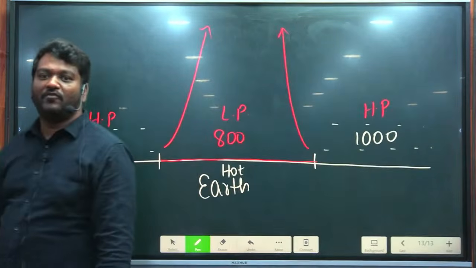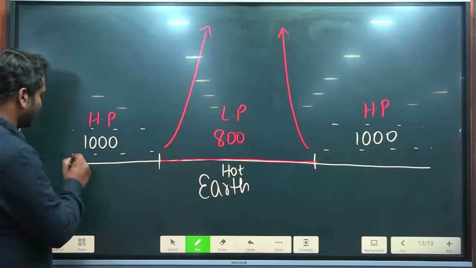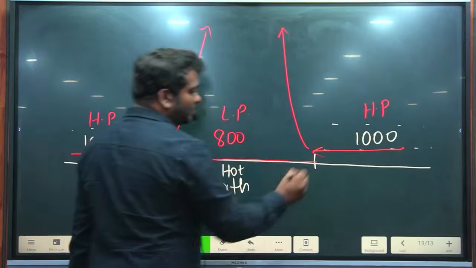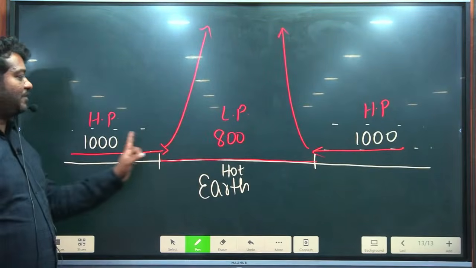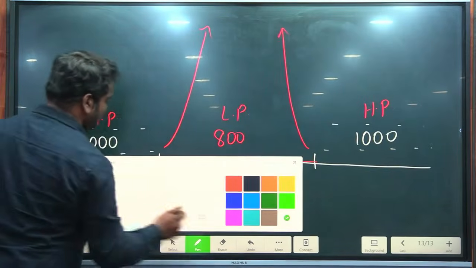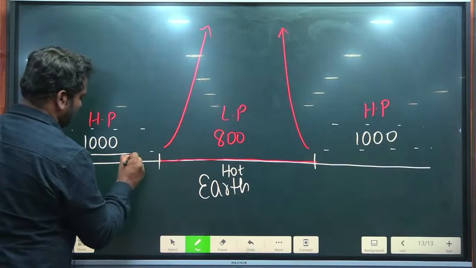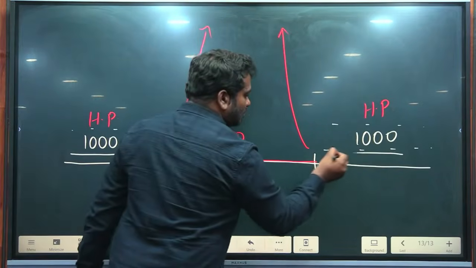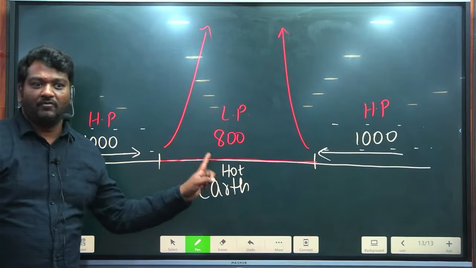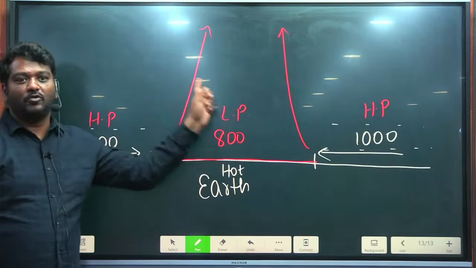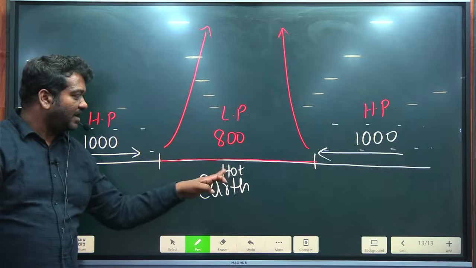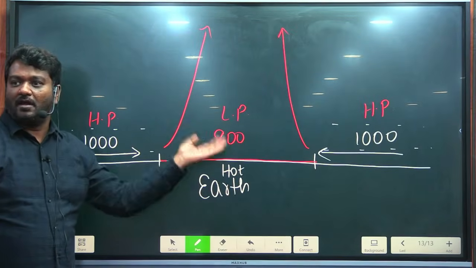Wind will always blow from where to where? High pressure to low pressure. So what is going to happen? It will come here. Wind will blow from high pressure to low pressure. Will it come near this surface? Will it be heated again? Will hot air rise again? Again will there be low pressure? Can we say till this region is hot, air gets heated and hot air rises?